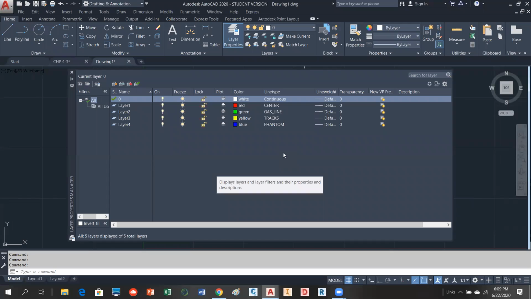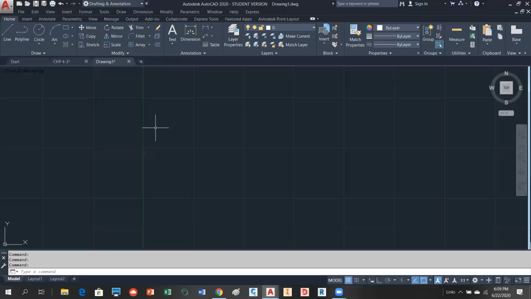So you're not going to have to create these every time. If you start a new drawing, though, these layers will not be in there. So they're only there in this drawing, okay? All right, so the last topic we're going to talk about tonight before we get into looking at the